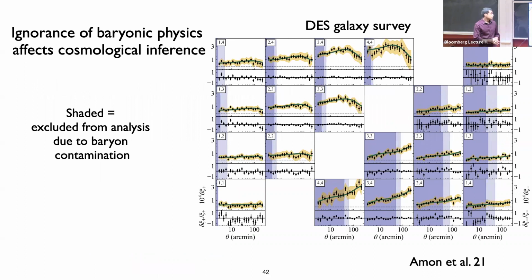These different predictions given by the simulations affect the accuracy to which we can estimate cosmology. Here I've shown one of the plots from the Dark Energy Survey, from a talk which Alex Amon gave a few months ago. In this plot, they have color coded the scales where you had to throw away information because it was affected by baryonic feedback, and you can see that a lot of information had to be thrown away due to these effects.